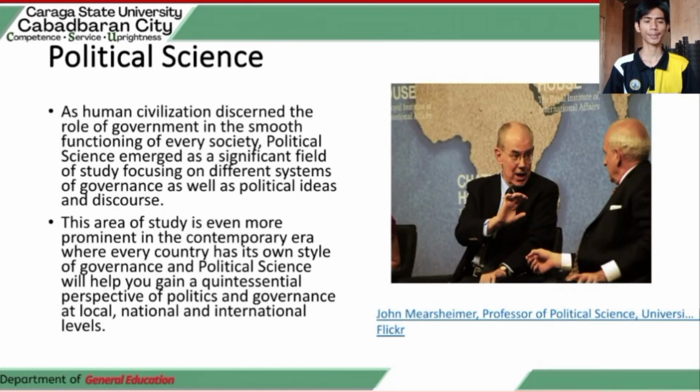Political science. As human civilization discerned rule of government and a smooth functioning of every society, political science emerged as a significant field of study focusing on different systems of governance as well as political ideas and discourse. So this really means that political science has a broad nature which certainly keeps its focus on every facet of governance,